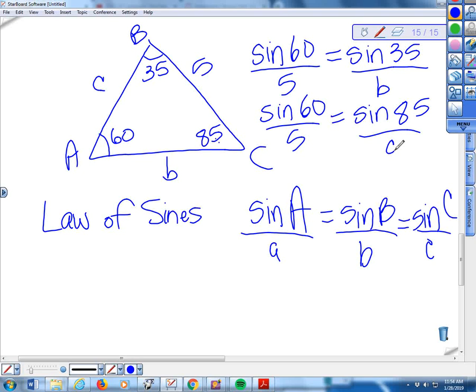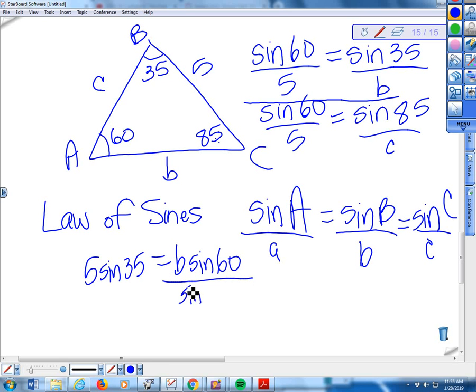Okay, so how would I solve this first equation? What would I do to solve this? This first equation. Cross multiply. Yep. So it would be 5 sine 35 equals B sine 60. Now to solve for B,